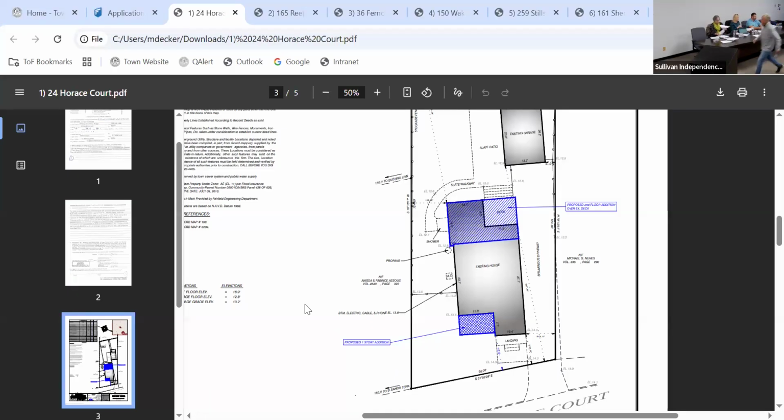So the first item on our agenda we listened to for today was 24 Horace Court, proposing a 1-story addition. They're looking for variances on sideline setbacks and lot coverage. Can I have a motion to approve? Brian moves. Can I have a second? Second. Harold? Okay. Discussion.